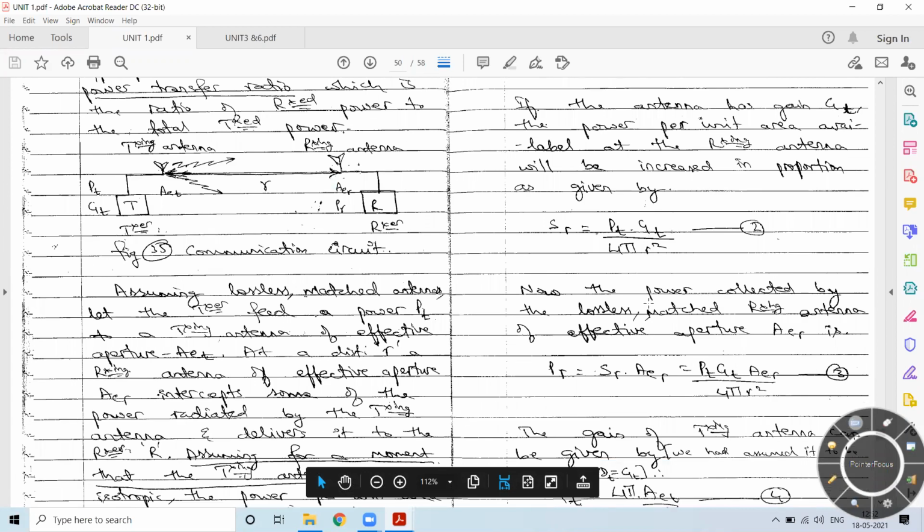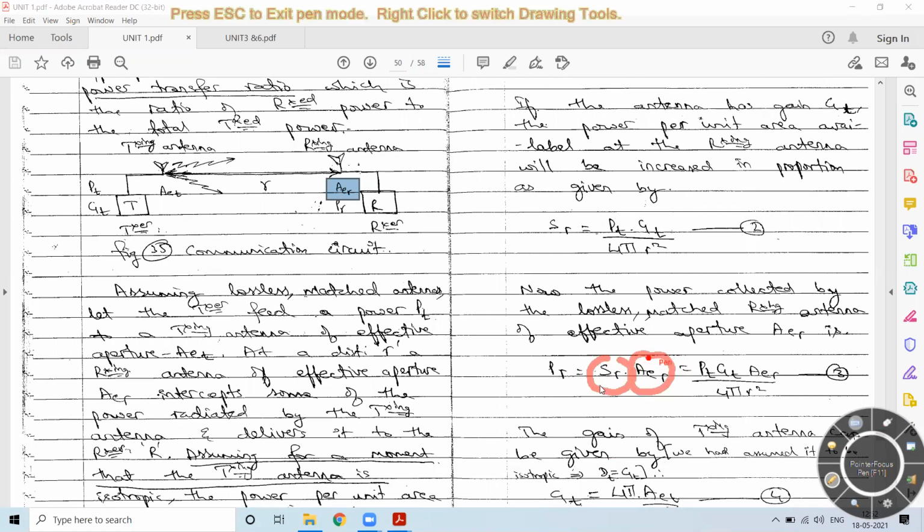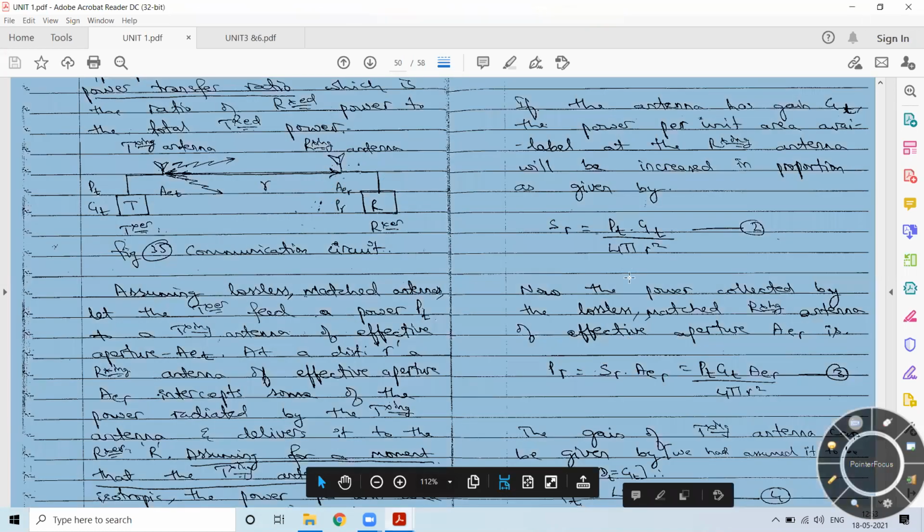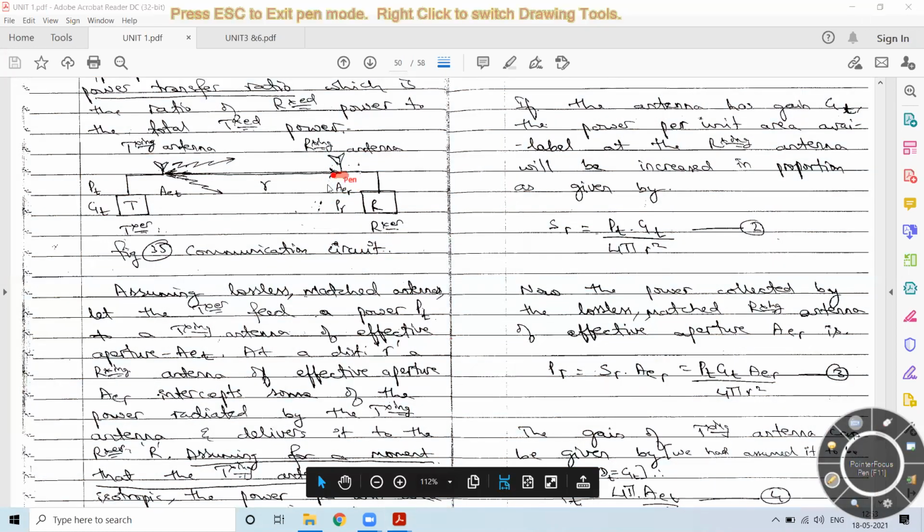So how do I consider the effective aperture of the receiving antenna in this case? I multiply the power density with the effective aperture of the receiving antenna. This is the power density at a distance r, which tells us the amount of power available at this point. That is, for this antenna, this is the available power. Out of this available power, only a certain amount will be utilized, that is effective,